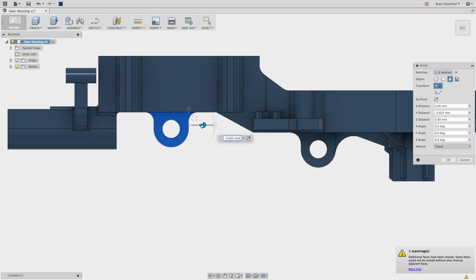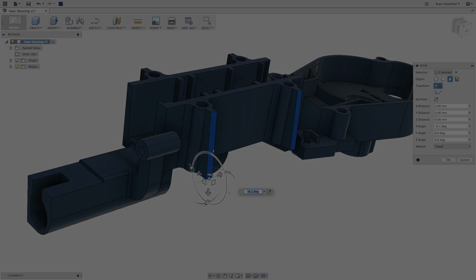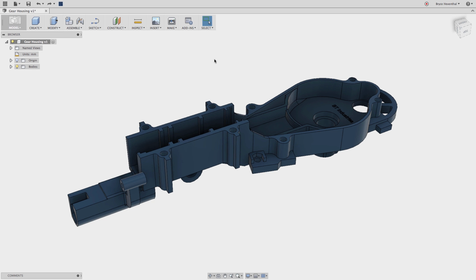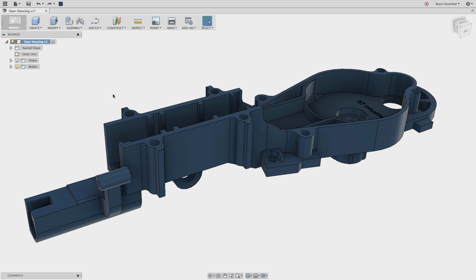In this week's quick tip, we will learn how to change imported geometry with direct editing tools. Notice that this file was an imported step file. When importing step files into Fusion 360, the timeline is turned off by default. If parametric modeling is required to continue this design, ensure to capture the design history by right-clicking on the top-level component. In this case, we will leave the timeline off and use some of the direct editing tools, specifically the